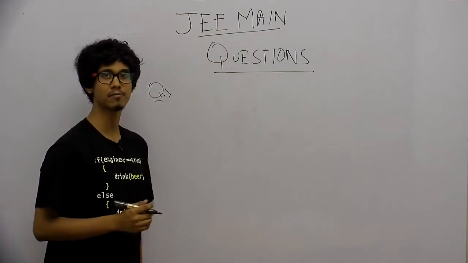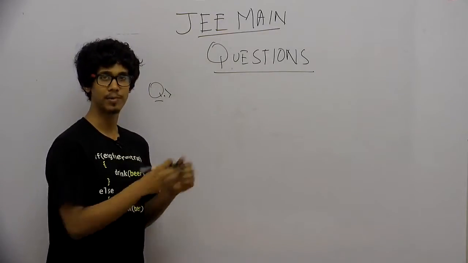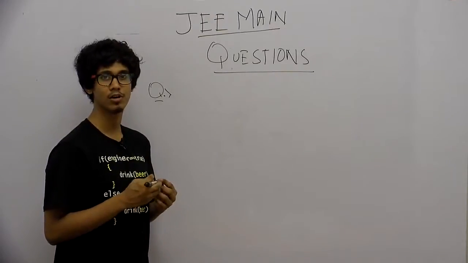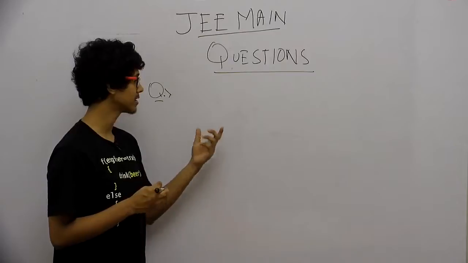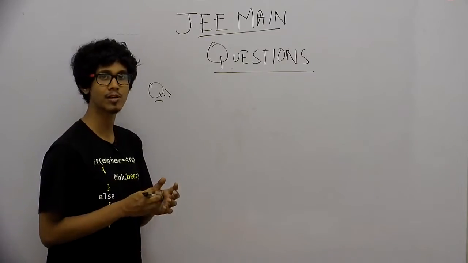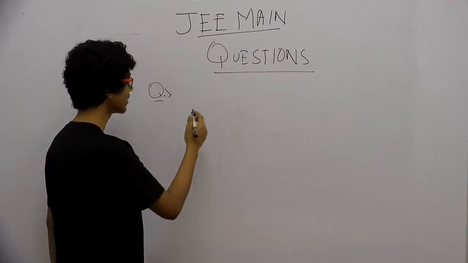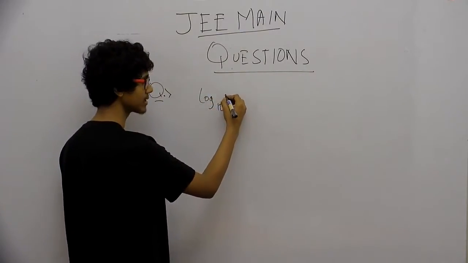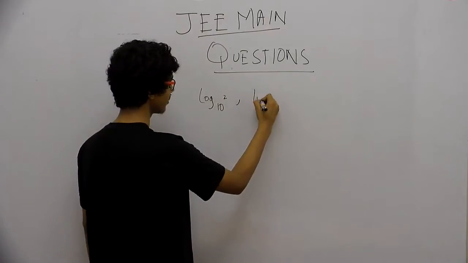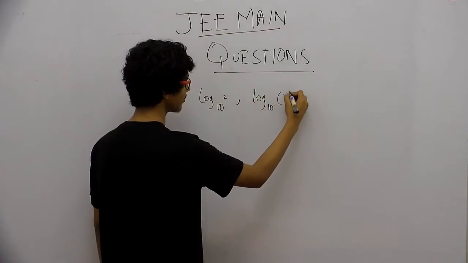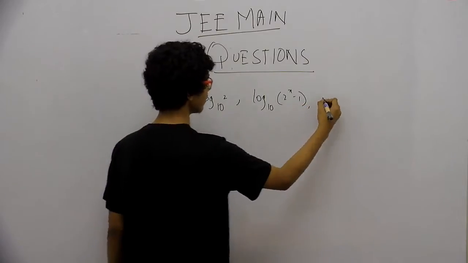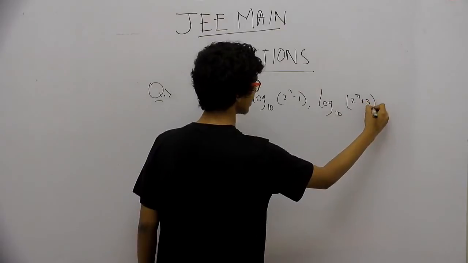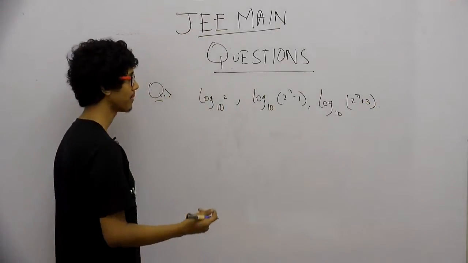हमारे पास 3 टर्म्स गिवन है AP के। AP वी हैव वन, AP अरिथमेटिक प्रोग्रेशन, उसके हमारे पास 3 टर्म्स है और उन टर्म्स में कुछ एक्सप्रेशंस ऐसे हैं जो x के टर्म्स में और हमें x का वैल्यू निकालना है। तो बेसिकली हमारे पास जो 3 टर्म्स है वो है log base 10 2, log base 10 2 to the power x minus 1 and log base 10 2 to the power x plus 3।